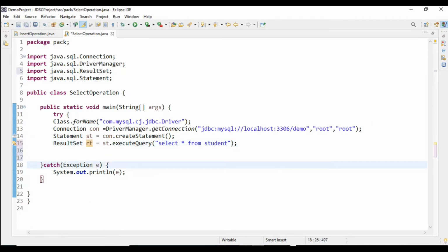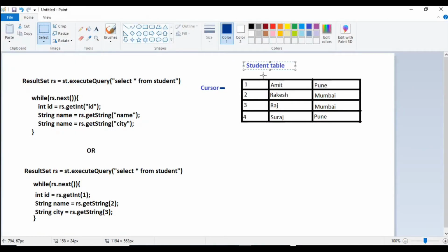Here we can see this is our student table. This table has some data, and we have to retrieve this data using our JDBC code. For that we use the executeQuery method, and this method will return a result set object.